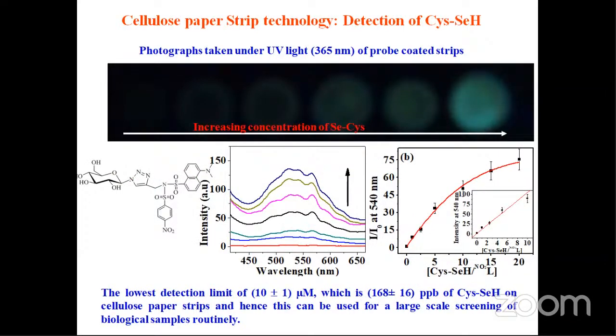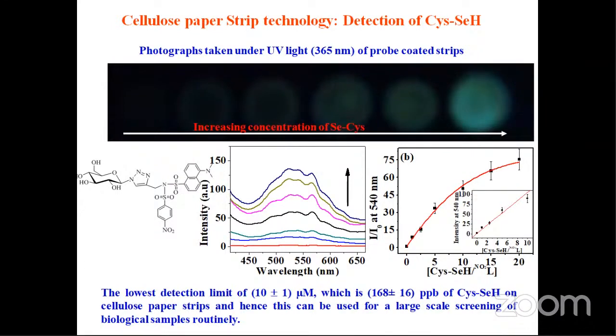To check whether we can develop cellulose paper strip technology, initially I drop casted the compound of this molecule on the paper strip. After that I left it at room temperature to dry the solvent. Then I drop casted selenocysteine on the molecule. You can see the photographs under UV light, that is a 365 nanometer lamp, of the probe coated